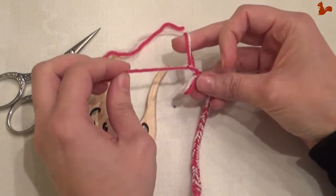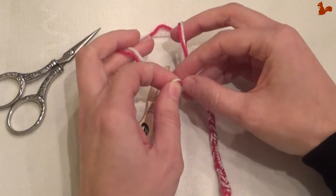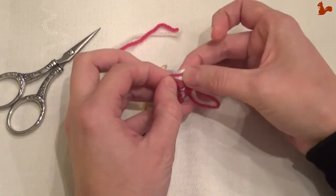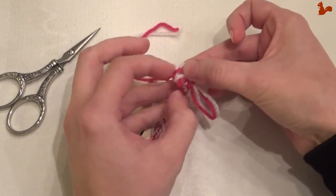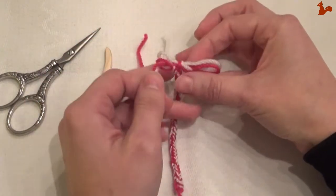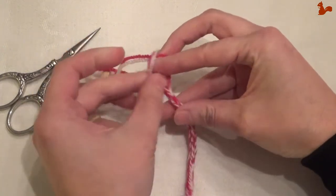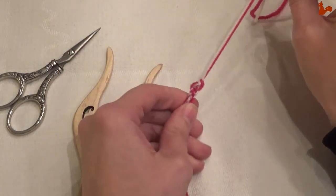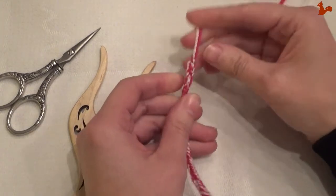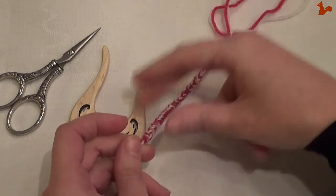You've got here the loop that you're currently in. You're going to actually not start with that one, but with the other one. So I'm going to take my yarn through that loop, there you go, and then also through the first loop again. And then you're going to pull everything tight, and that's it. Then you've made a cord, and this can be a short one like this, or